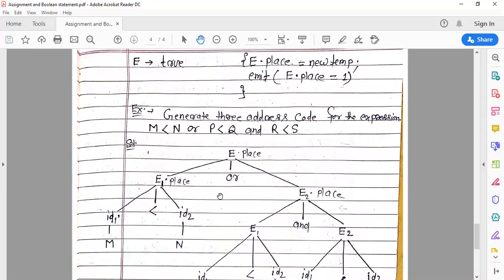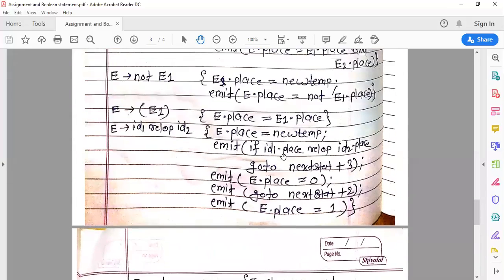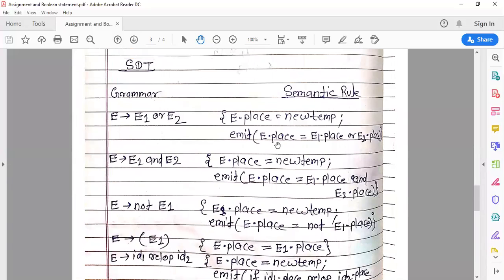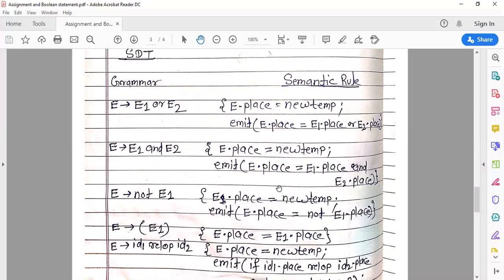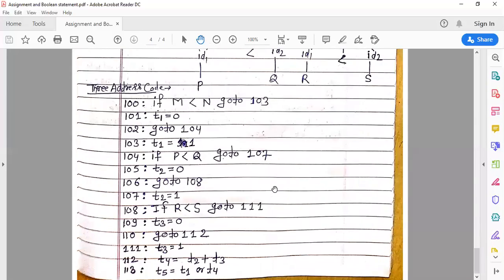So E dot place is T5, E1 dot place is T1, and E2 dot place is T4. So we get the three address code: T5 is equal to T1 or T4.